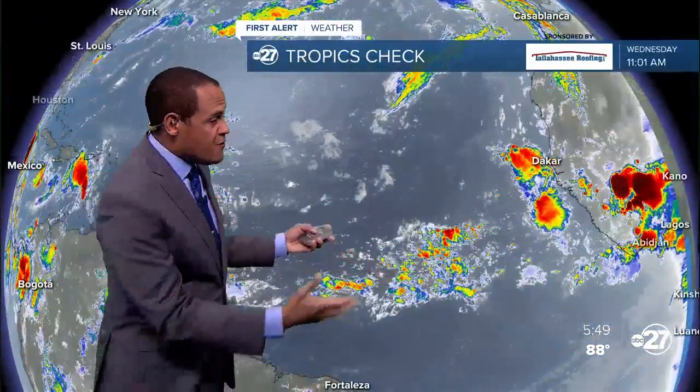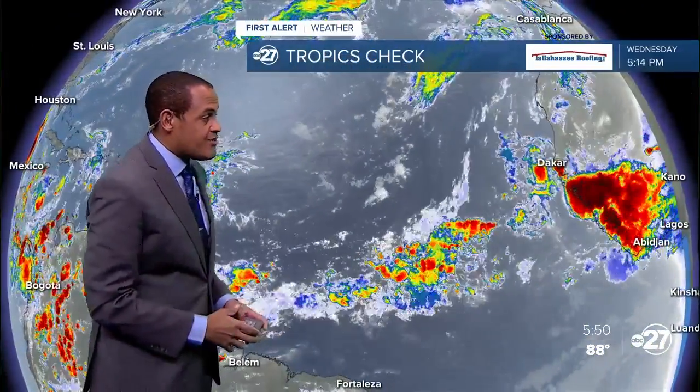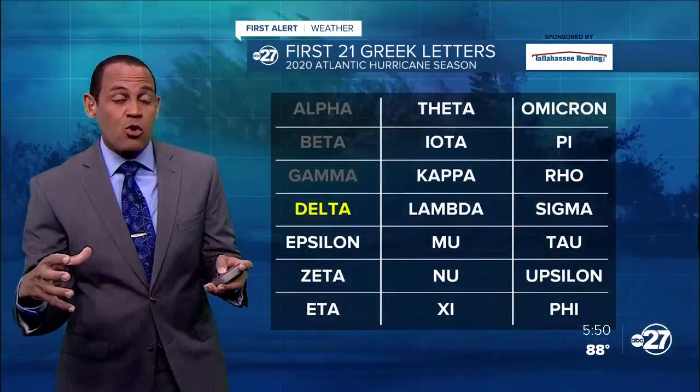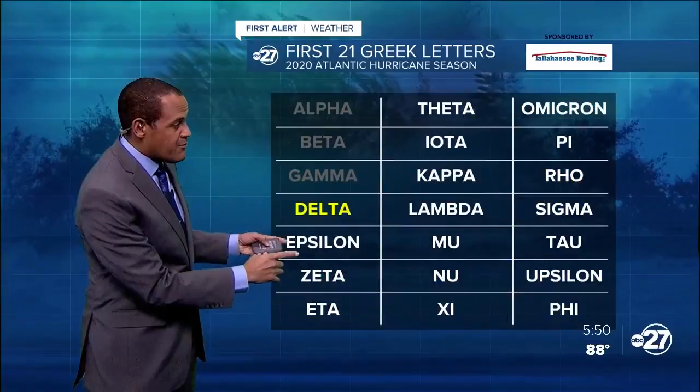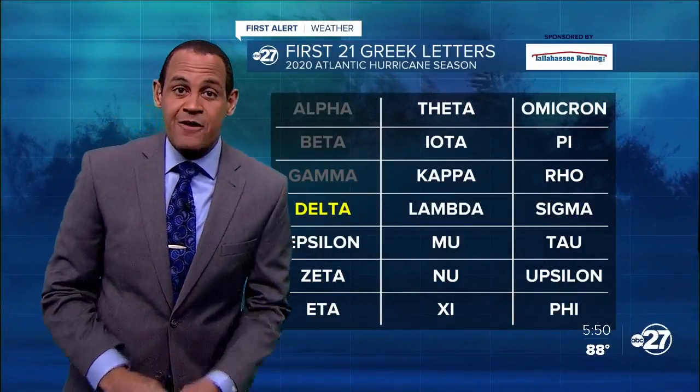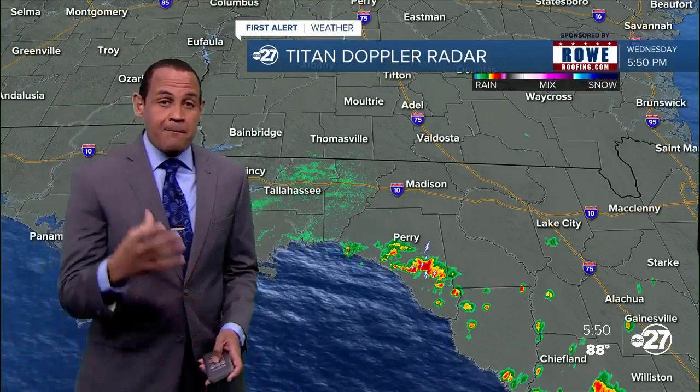Following Delta, there's not much else to really focus on. A few waves of moisture elsewhere in the Atlantic, but nothing that's showing any big potential to develop. So we'll go back into a quieter spell, and it could be a while before we go to Epsilon, which would be the next letter of the Greek alphabet to identify the next named storm. But locally speaking,